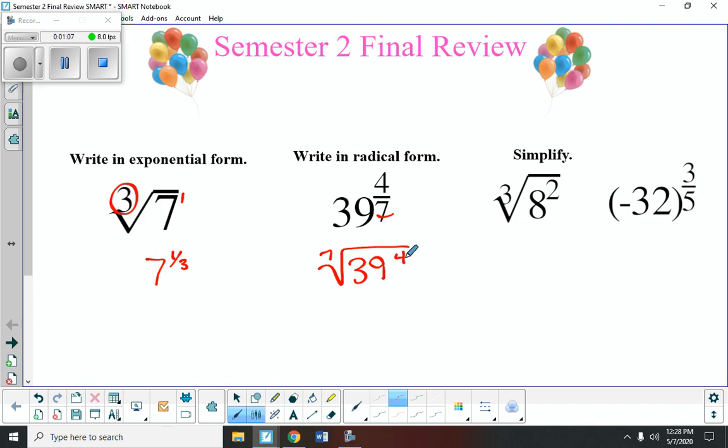The next problem says to simplify. Now, hopefully you have your root sheet with you, or you can look at this and remember. So if we have the cube root of 8, you can do this a couple ways. Okay, the cube root of 8 would be 2. And then you square it, so that would give you 4. The next one, to simplify in this form, we can't simplify. However, if we write it in root form,